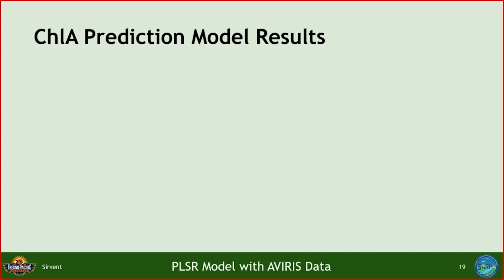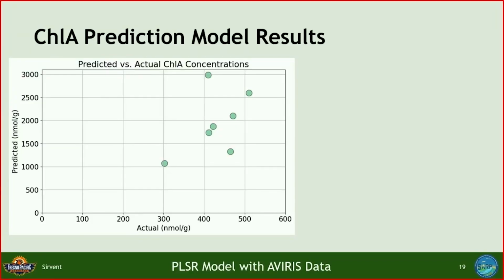And so now we're going to plot the prediction, what the PLSR predicted, versus the actual, which was the in situ collected. And this is what we get. Woo! There's only 7 points, which is really sad, but that's telling us that Avaris only had contemporaneous and cospatial data 7 times. And there's another big problem with this.